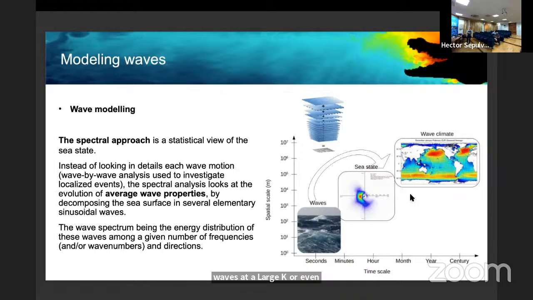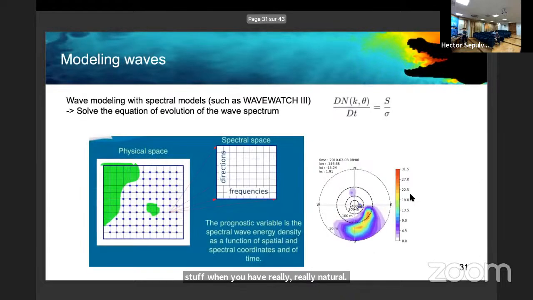We will see in the end that we can do some different things when you are really, really nearshore, but it's another story. So